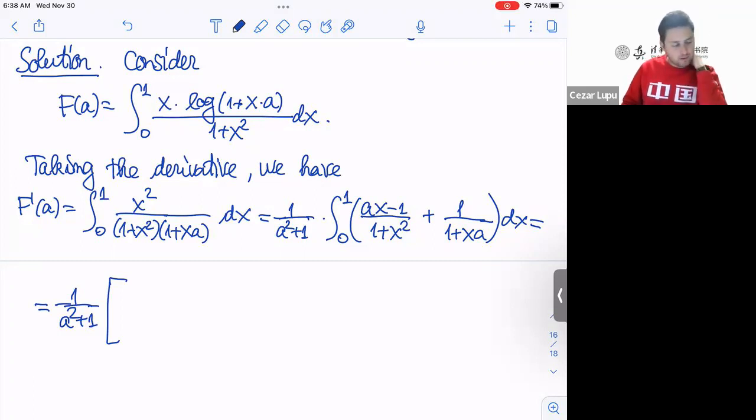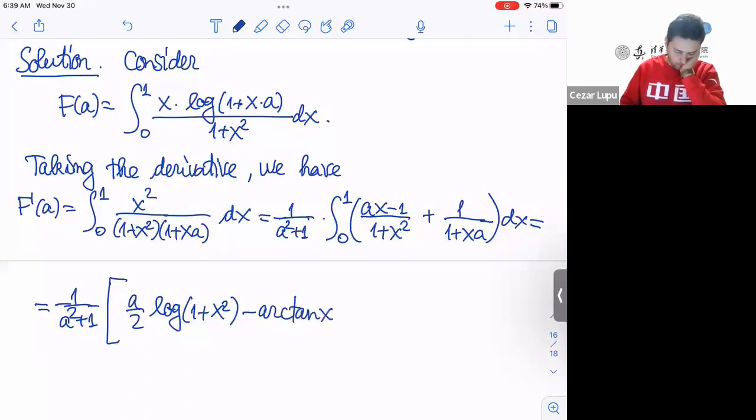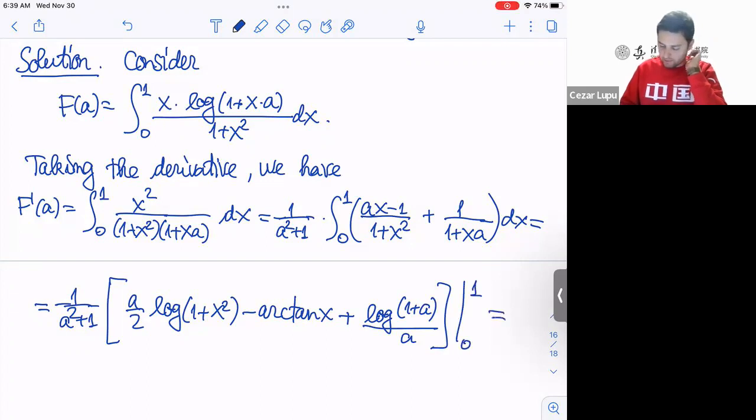It will be a over 2 times ln of 1 plus x squared, minus arctangent of x, plus log of 1 plus xa, everything over a. Okay, great. And this goes from 0 to 1, which will give us